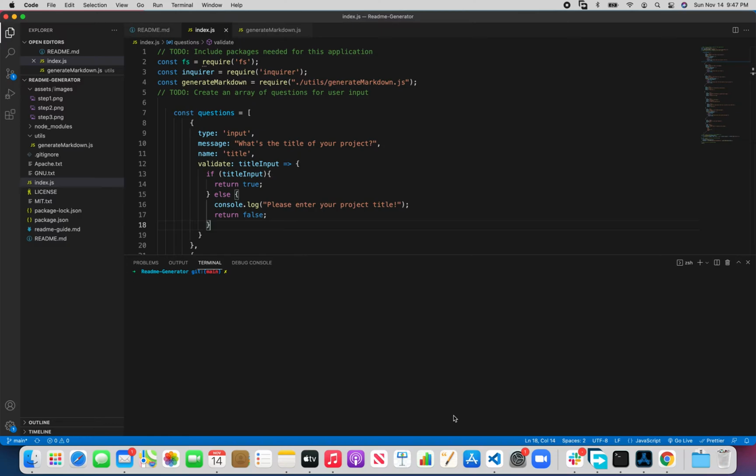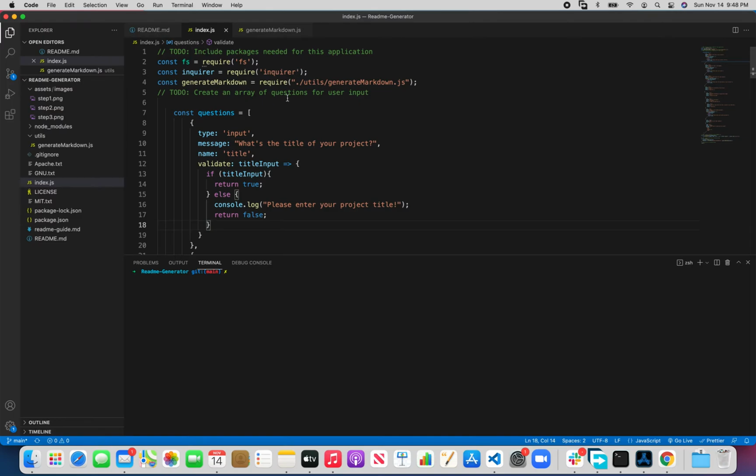So in order to run Node.js in your application, you have to call const fs, like what I have written here in my index.js file, require fs. That means we are calling that module to work with the file system on our computer. And secondly, we have to call const inquirer, require inquirer. That means that we are calling that module to read and parse all the array of questions we have written